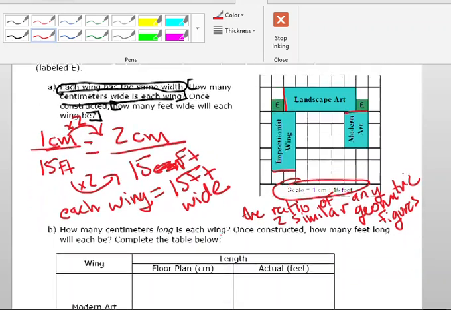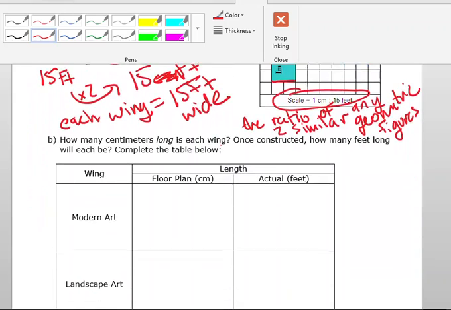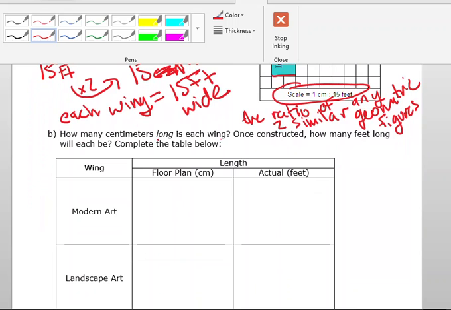So we'll move down here. We're going to take a look at the floor plan. How many centimeters long is each wing? Once constructed, how many feet long will it be? Complete the table below. All right, so